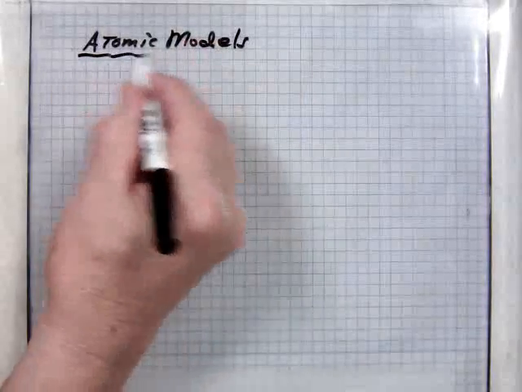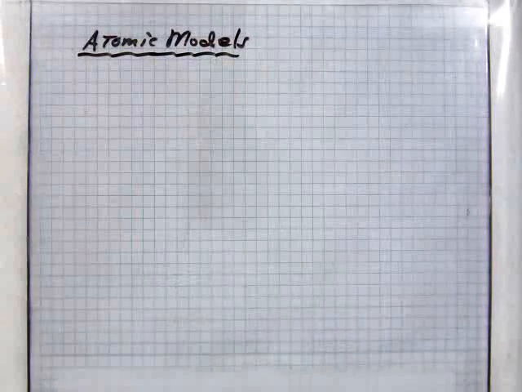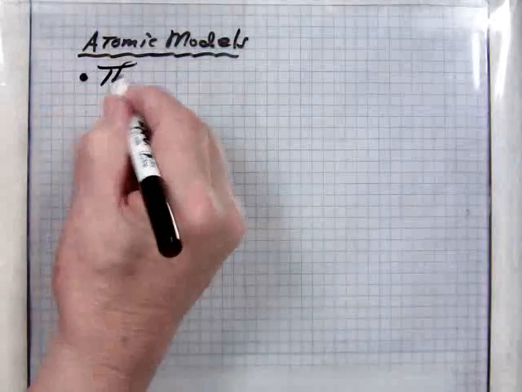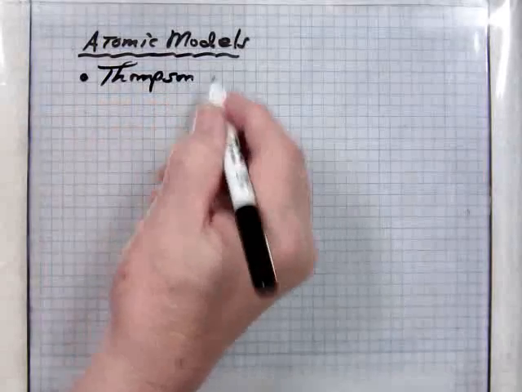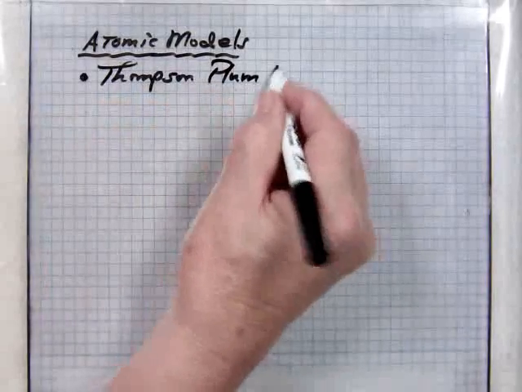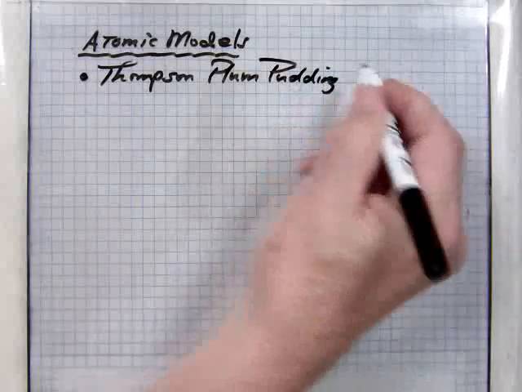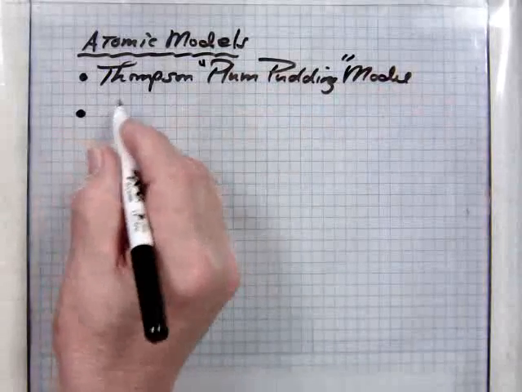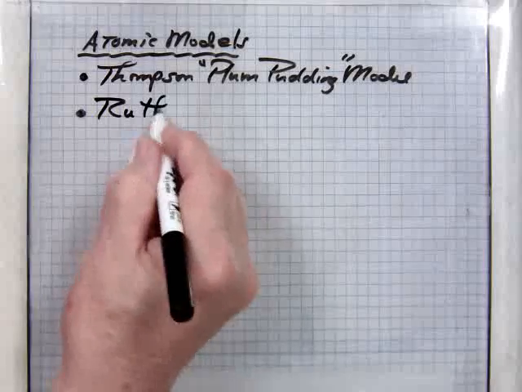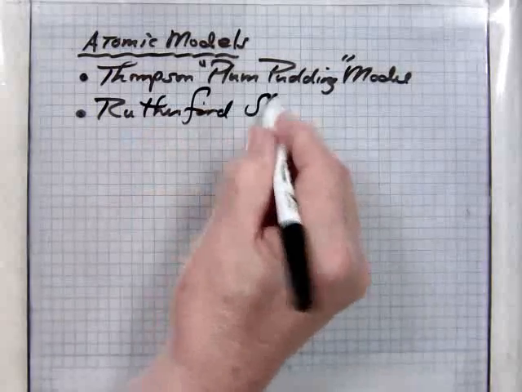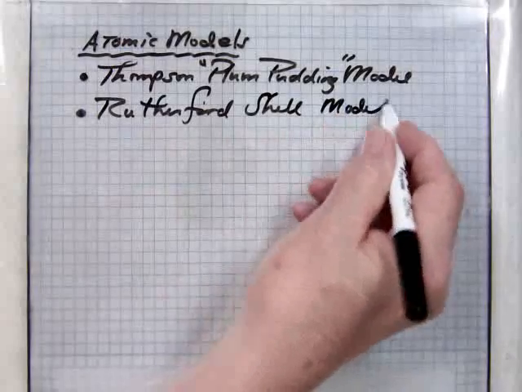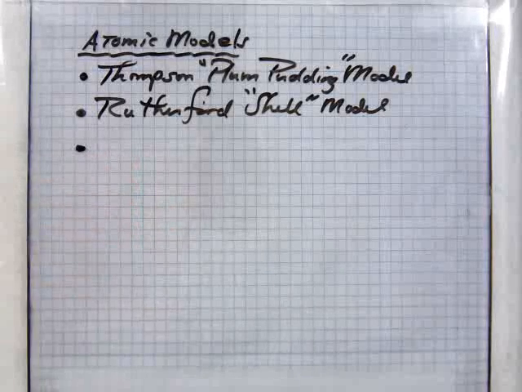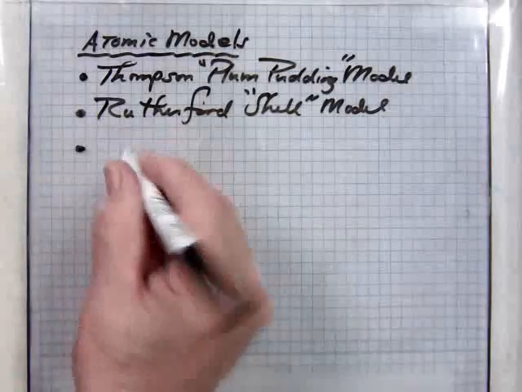When we talk about the evolution of what we know as the atomic models, we have covered, of course, the Thomson plum pudding model and the Rutherford shell model in our last lecture. Now we want to look at the evolution of how Niels Bohr came up with the